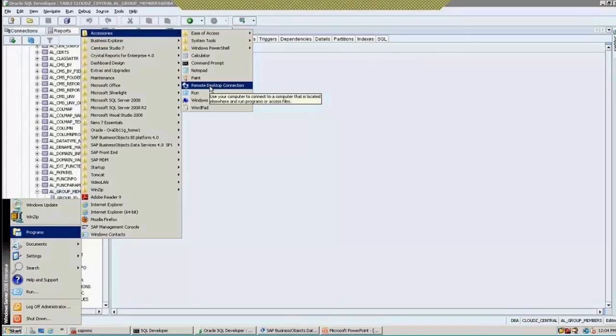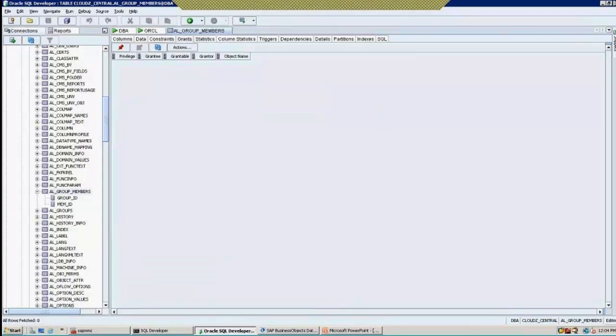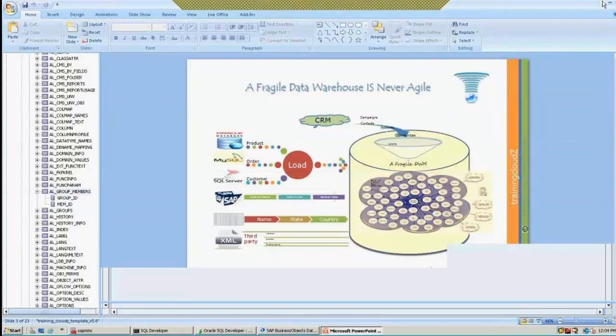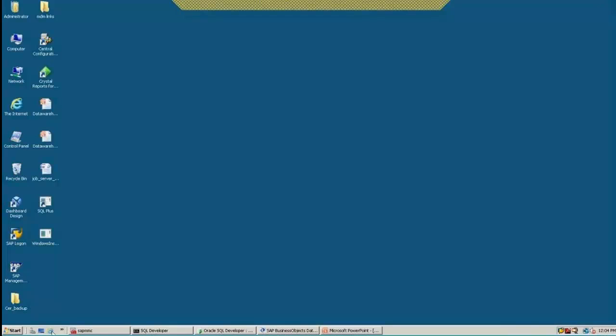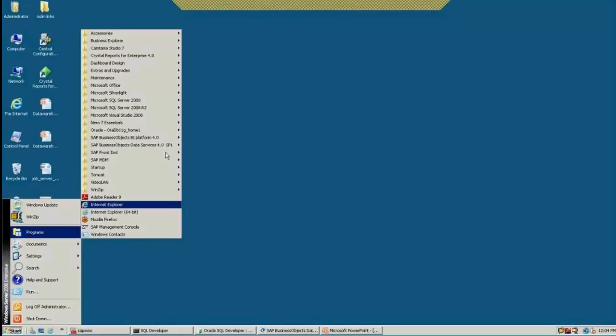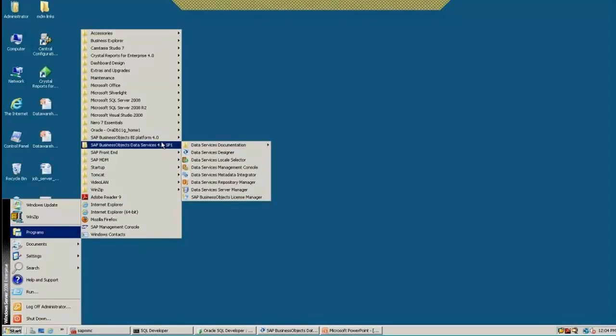It is just like in your office environment how you do a remote desktop. The same environment is being provided to you, and each of you will have a private login. You need not share the logins. You have your 24-hour access separately for your own repository,